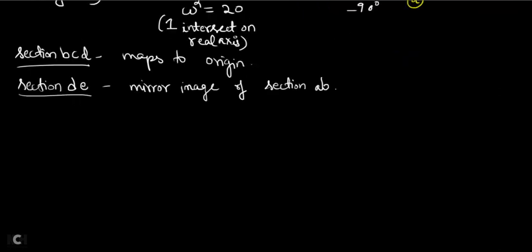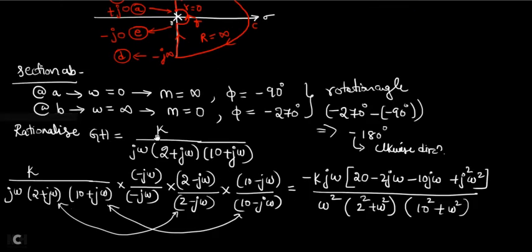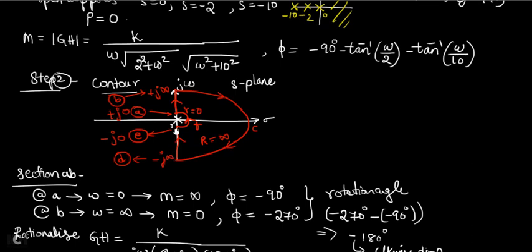Now that's all? Not yet. One more part is left out. You need to find the mapping of that also. Which is that part? D to E is over. Now E to F to A, this small circle, that also you have to convert. In the previous problems, because there was no pole present on the origin, this was not there. But now you have to convert E F A, that small circle also.